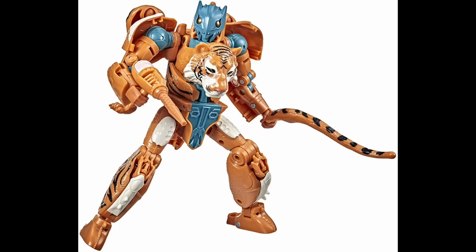He comes with the same accessories as the actual Kingdom Tigatron, so we get the gut gun, and considering that it's cast in orange, I guess you could almost put this with your Cheetah. Of course the colour would be slightly off, but it's a better fit than using the white Tigatron. I think in bot mode he looks fantastic. There you've got the tail whip being used as the weapon,